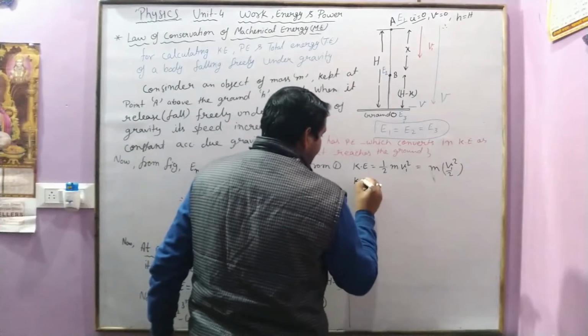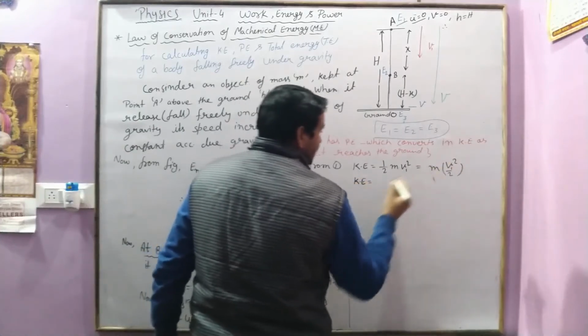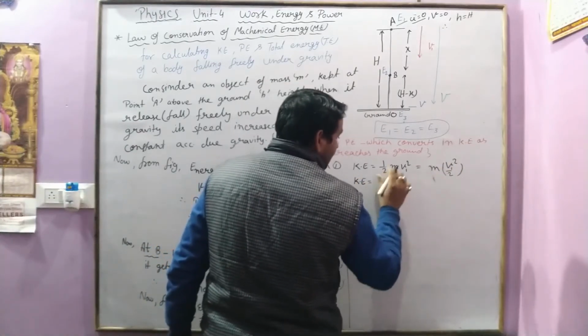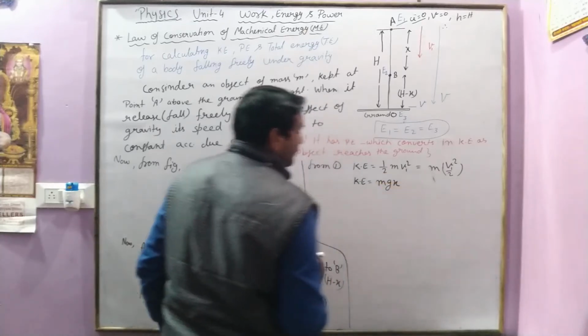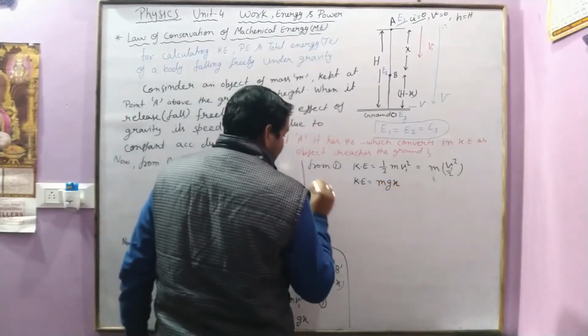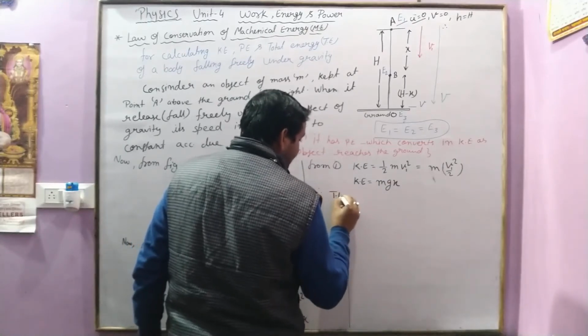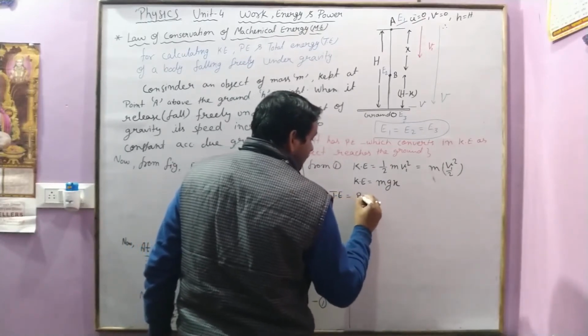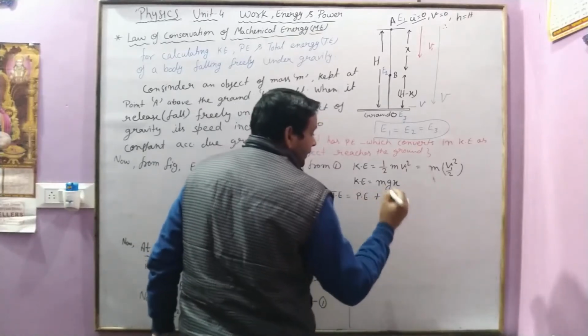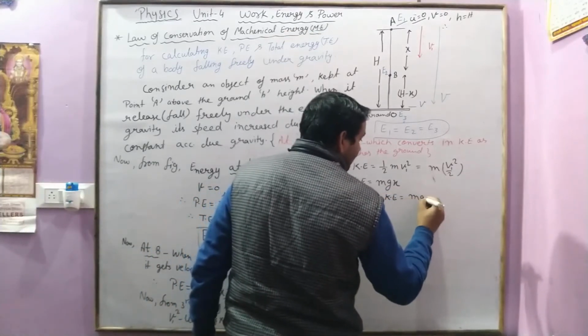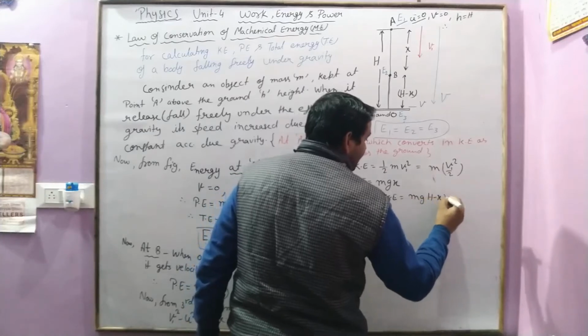Therefore, kinetic energy at this location is mgx. Clear? Therefore, total energy is equal to potential energy plus kinetic energy is equal to mg(h minus x)